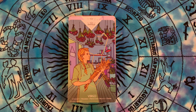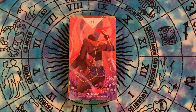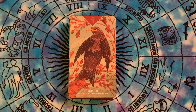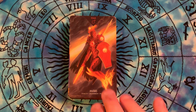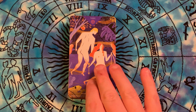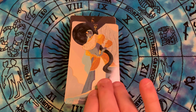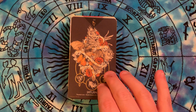This is a collab deck, and I really like it. I like it, and that rarely is the case. Normally with collab decks, I'm like, I like 25% of the cards, or I adore 25% of the cards. Then 50% I can give or take, have or lose. And then there are parts of the deck that I just hate. With this deck, there's only one card I dislike, and I don't know if we're going to get to that card, but this has keywords. It has a planet or a planetary celestial being, and a...